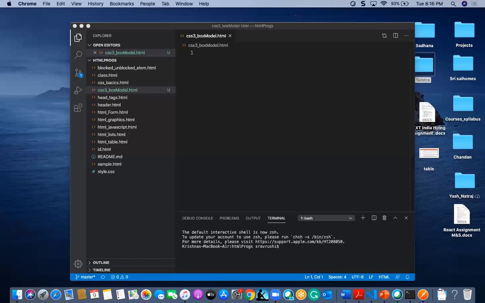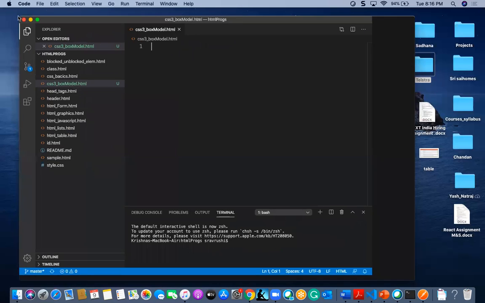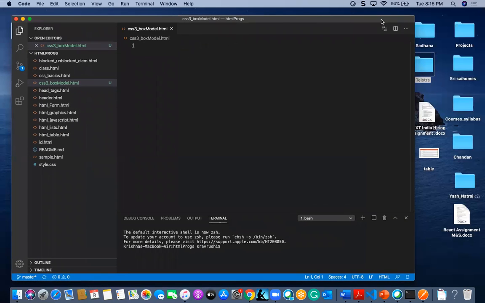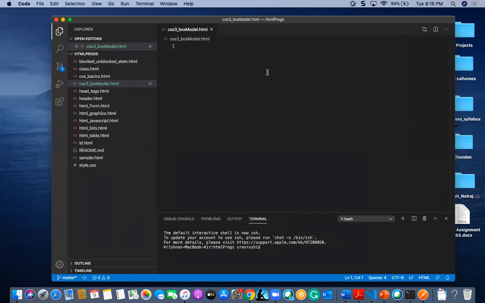Okay, so we'll see one small demonstration regarding this. First we'll see HTML, and go for the doctype.